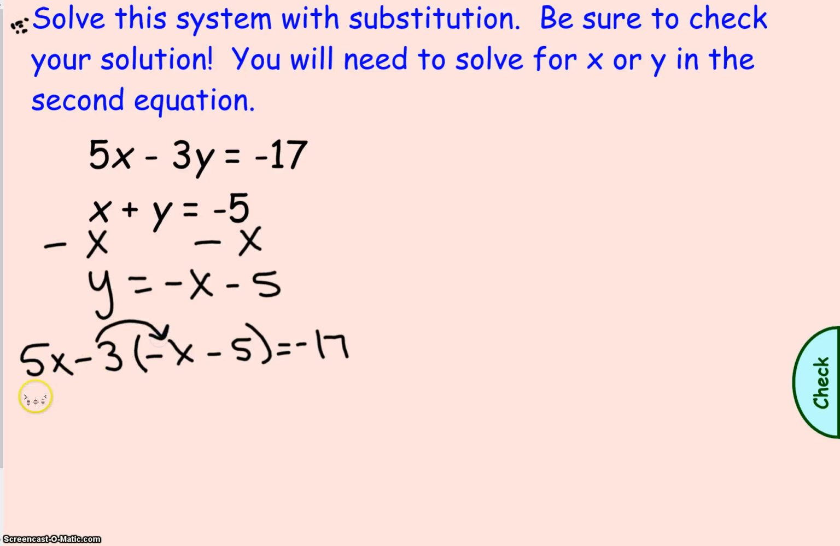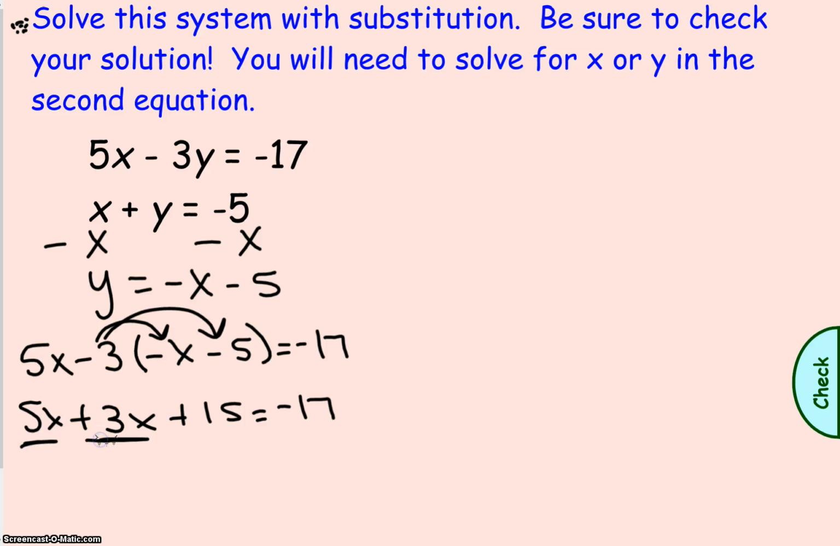Do your distributive property, 5x plus 3x, because two negatives make a positive, plus 15 equals negative 17. I know that I combine the 5 and 3 because they are on the same side of the equal sign, so I have 8x plus 15 equals negative 17. So minus 15, minus 15,